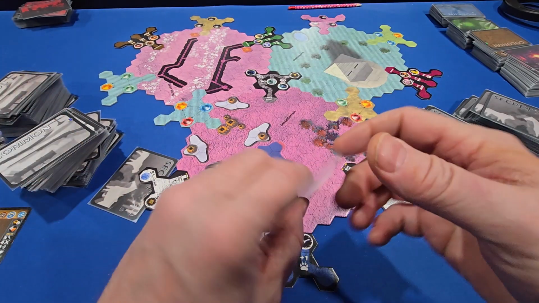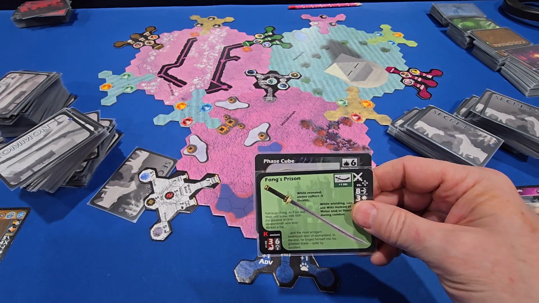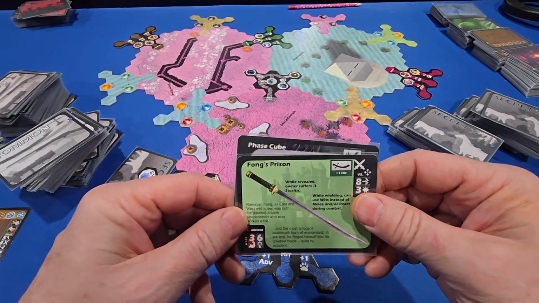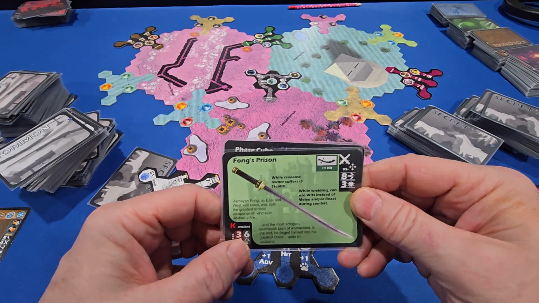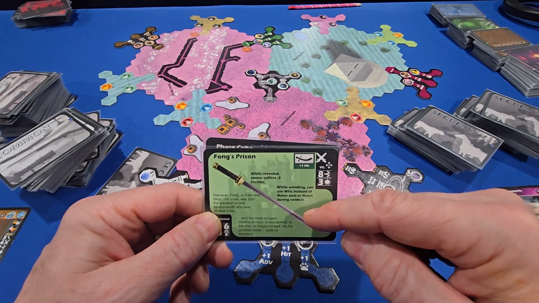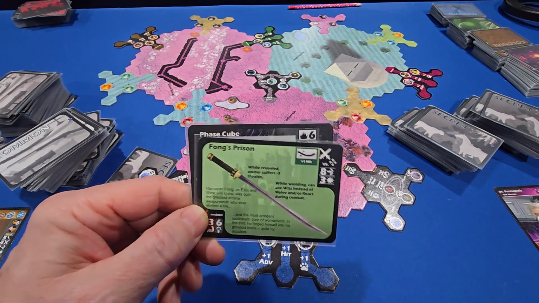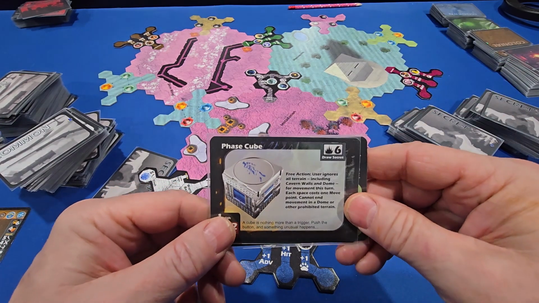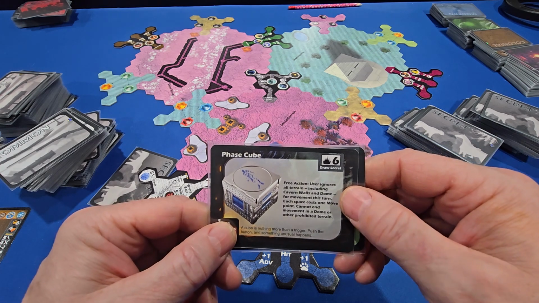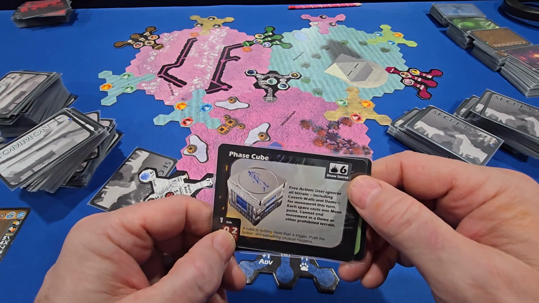Then Team Black has a Fong's Prison, and that actually is good for Elgato. That is 3 strength, 6 intelligence, but with Elgato's special speciality there, he won't need to worry about those requirements. So that's something he's probably going to want to go for. And then there's a Phase Cube. They can ignore cavern walls, domes, and everything with this move during their movement as a free action when they activate this. So 0 strength, 2 intelligence,